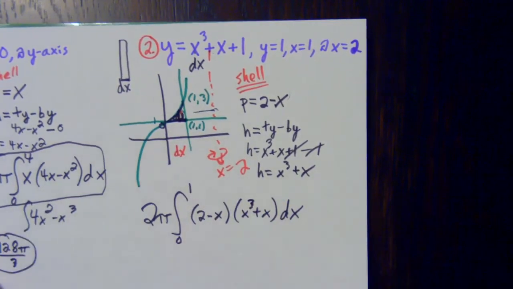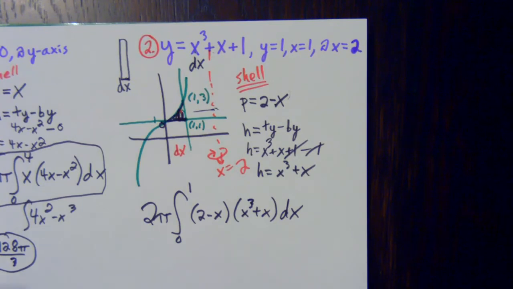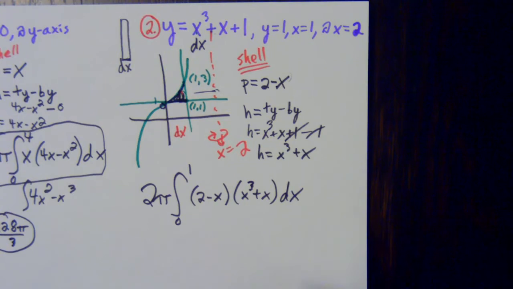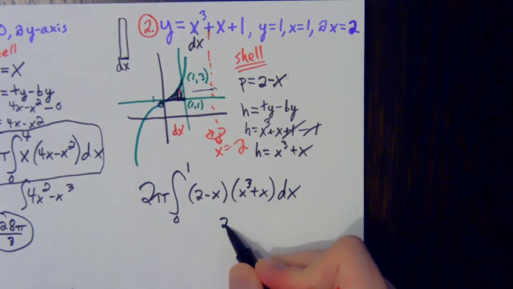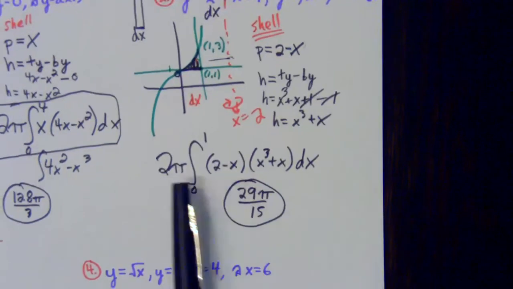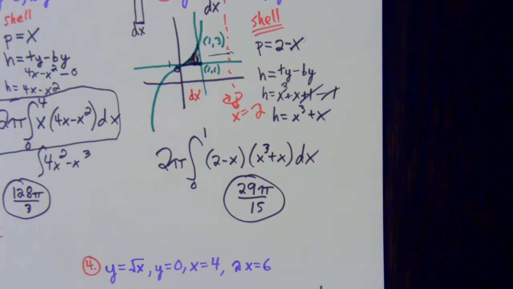Use the x's that take you across that bounded area. That's a pretty darn easy integral. Multiply that all out, integrate it, plug in the 1, plug in the 0, subtract them. If you want some extra practice there, it's going to give you 29 pi over 15 for your final answer. You got to make sure you always remember to times it by the pi or the 2 pi, get those numbers in there, carry down the pi, get those exact answers, leave the pi's in that